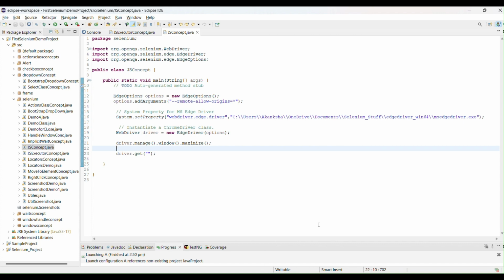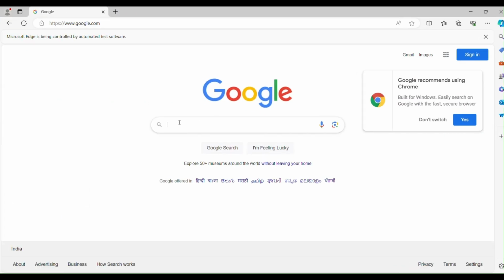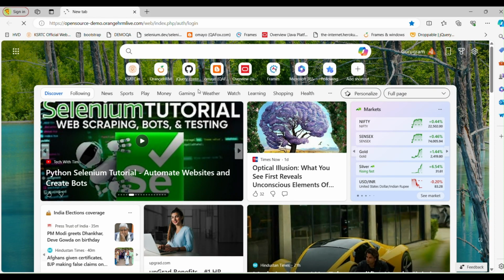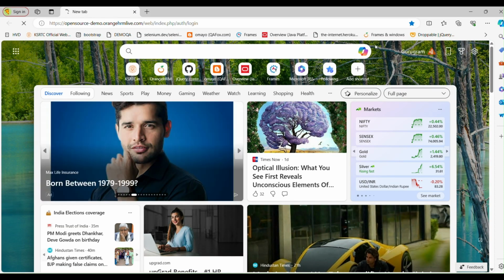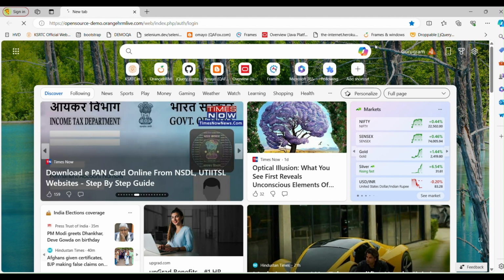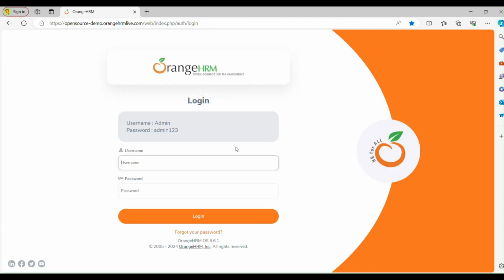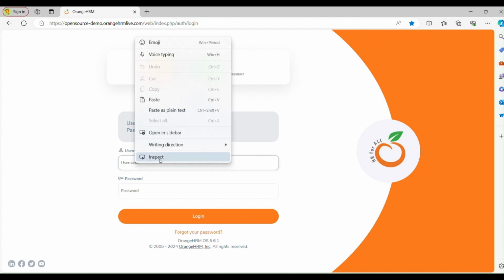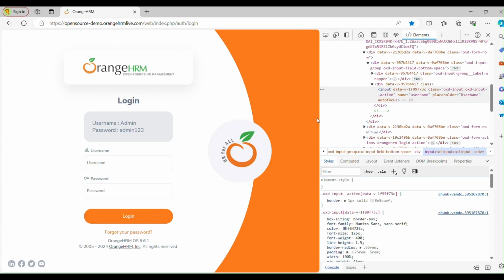Then I want to show you one thing. I want to enter something inside. I'm going to use the Orange HRM application for demo purposes, and I want to enter a username inside the username field using JavaScript executor.